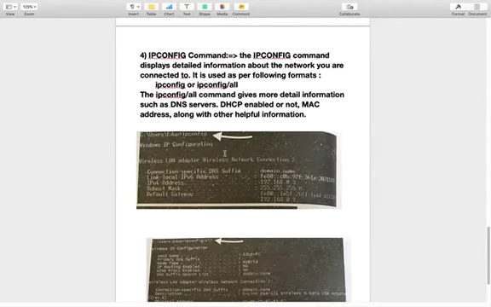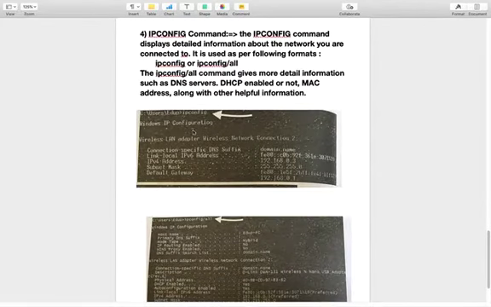Our fourth command is the ipconfig command. The ipconfig command displays detailed information about the network we are connected to. It is used in the following format: we write ipconfig. Whenever we write ipconfig, it gives more detailed information such as DNS servers, whether DHCP is enabled or not, MAC address, along with other helpful information.